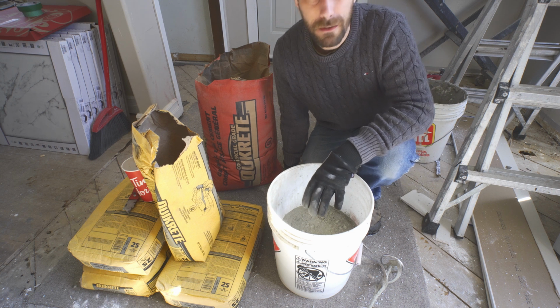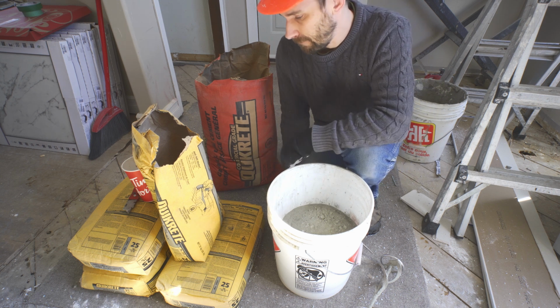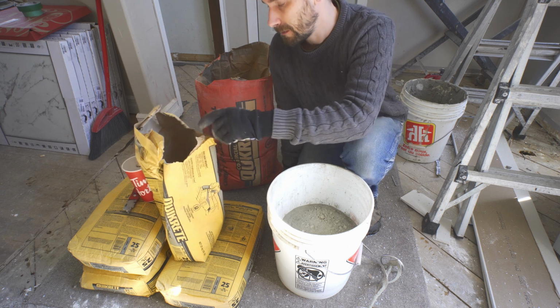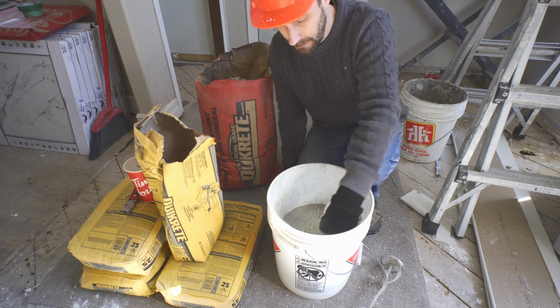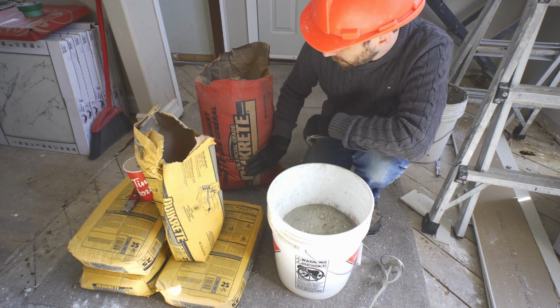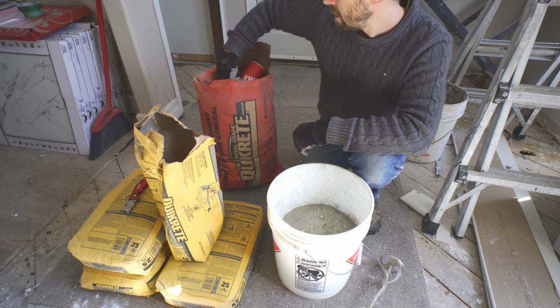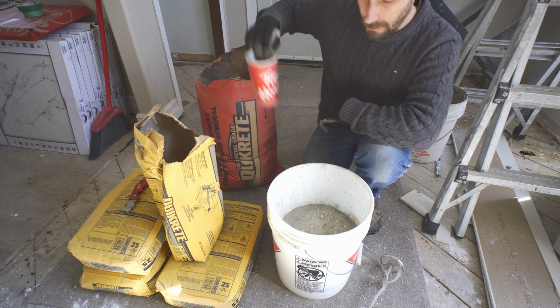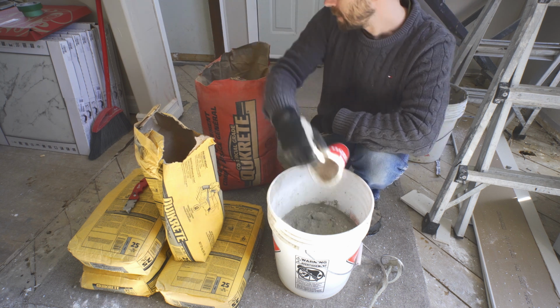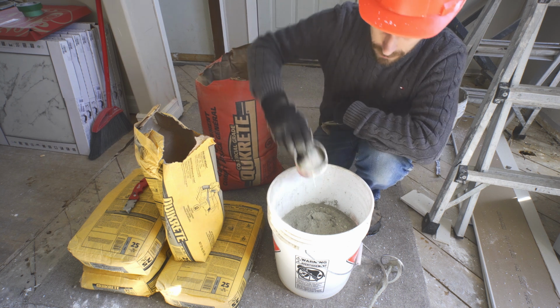Now when I'm mixing up the cement for the countertop, I'm basically using ready mix bags here. It's just a mixture of sand, gravel, and Portland cement. But in addition to this, I'm also using pure Portland cement. And I'm adding a fair bit more to the cement mixture here, because the Portland cement really bonds the sand